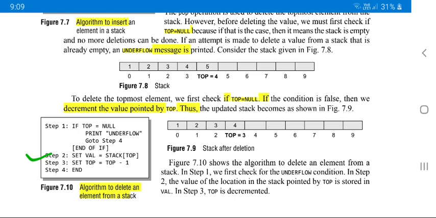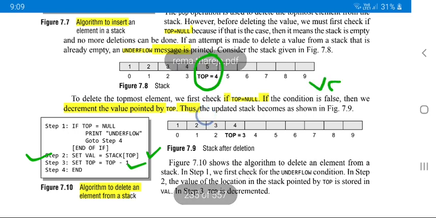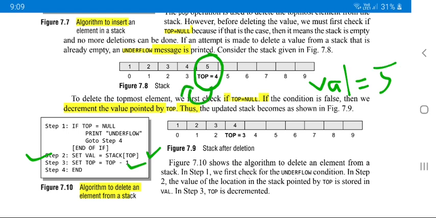You are going to delete an element, so you have to keep the value of the topmost element. Value is equal to stack of top. Top is equal to top minus 1. So you are going to delete 5, meaning you keep a variable value equal to 5. Now top is decremented from 4 to 3. Now top is pointing here. This is the stack after deletion.